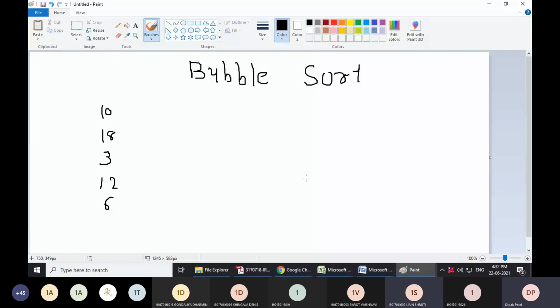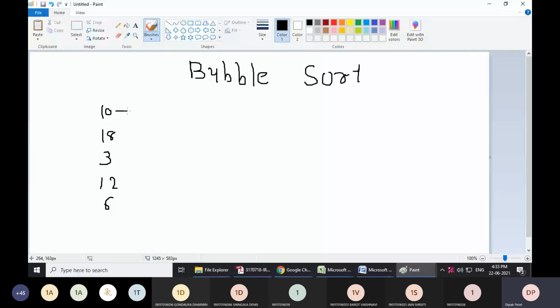Yes, sir. So let's have a look at analysis of bubble sort algorithm. Consider that we have been given these 5 elements to perform sorting using bubble sort algorithm. Okay. So let's have a look at the logic of bubble sort algorithm, how it works. It starts comparing two consecutive elements, and as we have to